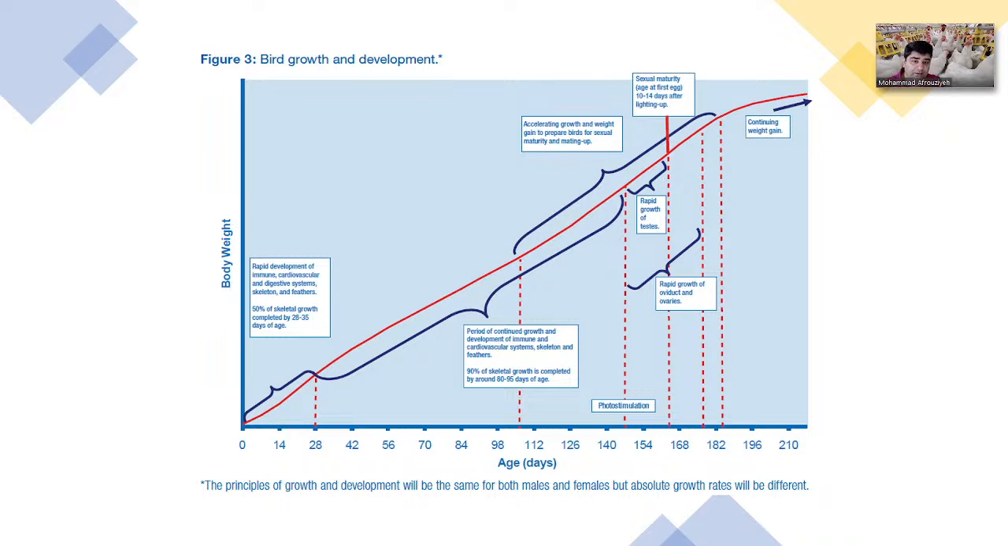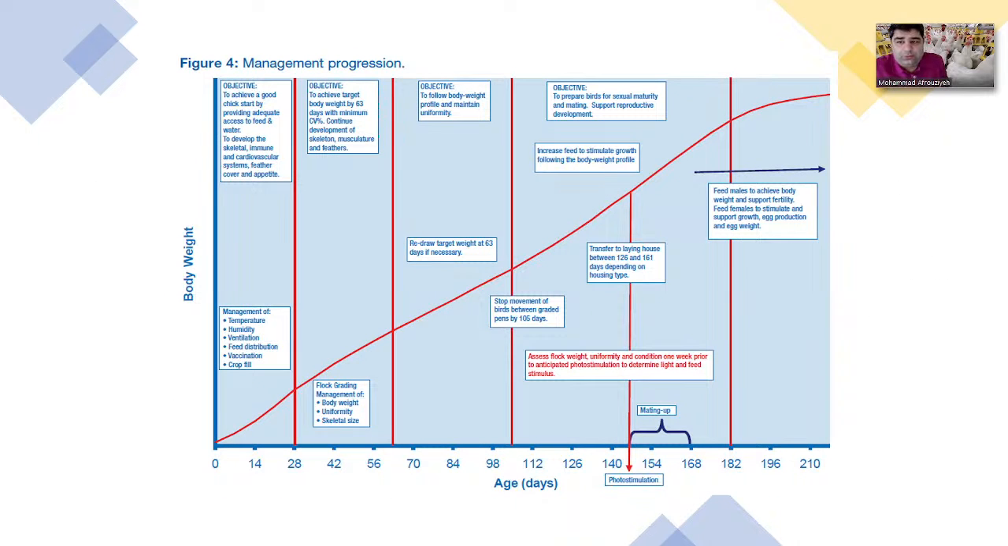So let's move on to the next slide to see how we can really set up our objectives. During the first phase, our objective is to achieve a good chick start by providing adequate access to feed and water, to develop the skeletal, immune, and cardiovascular systems, feather cover, and appetite. It's really important. And here, when I say feather cover